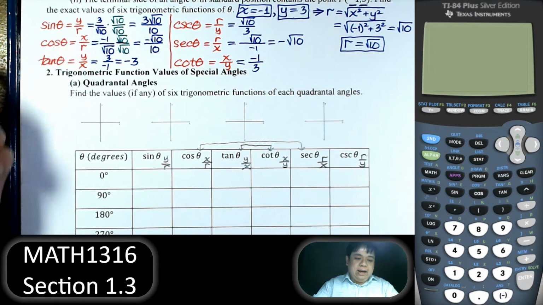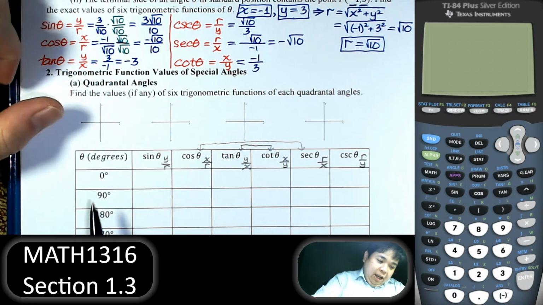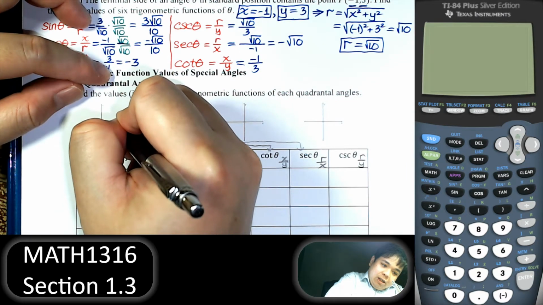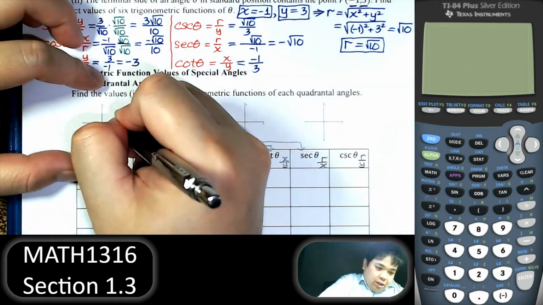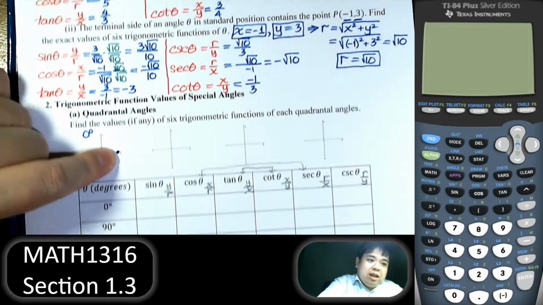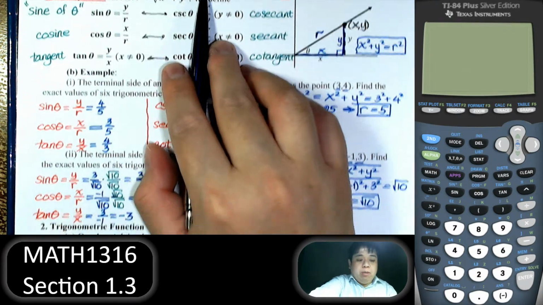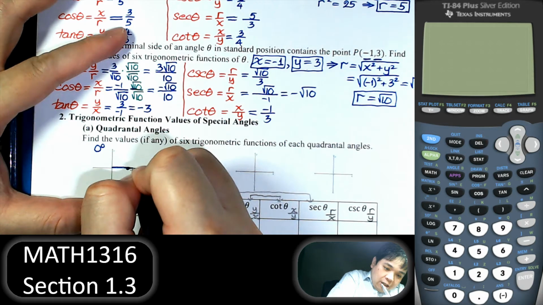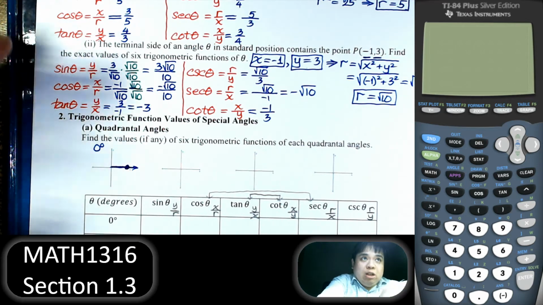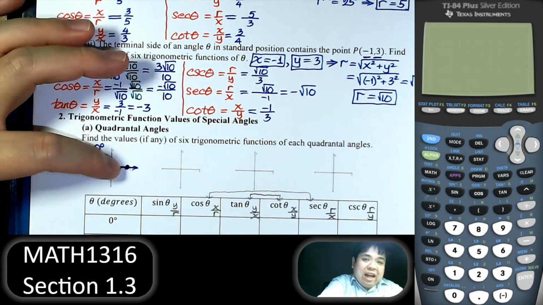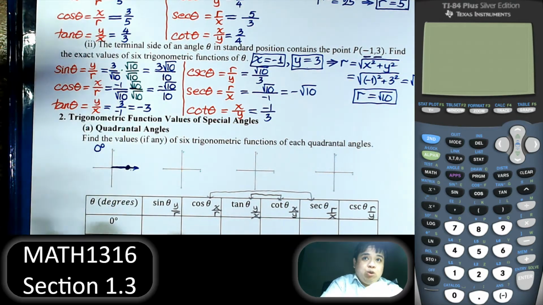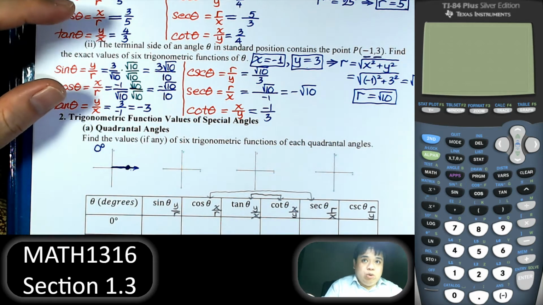Right. Now, the values. 0 degrees. Of course, that is the positive x-axis. So we will pick a point here. And so this is 0 degrees. And the point here, like I said, by definition, we can choose any point on the terminal ray. We can choose x to be 5, y equal to 0 because it's on the x-axis, so y equal to 0. We can choose (5, 0), and then subsequently r is equal to